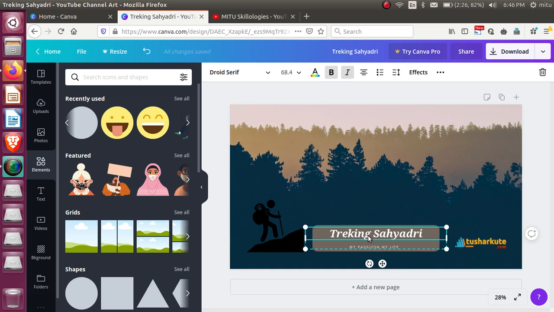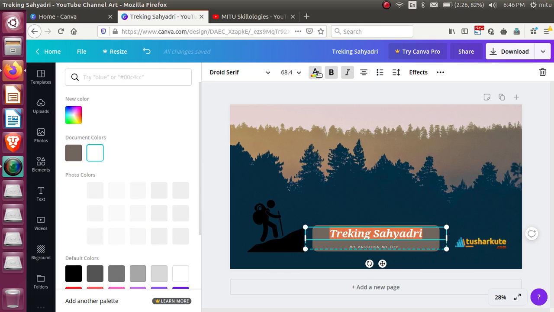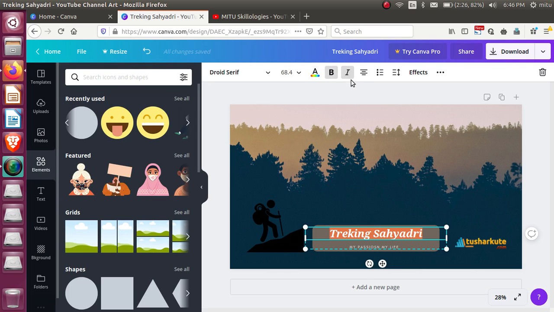If I want to change the data of it, it's possible. I can change the font, I can change the size, I can change the color. See these colors, bold, italic, center, adjusted alignments, the list, bulleting, effects, and many more. All of them are possible here. You can change the transparency also. See this one, transparency. So all these facilities are given here. You can just design by your own ideas.